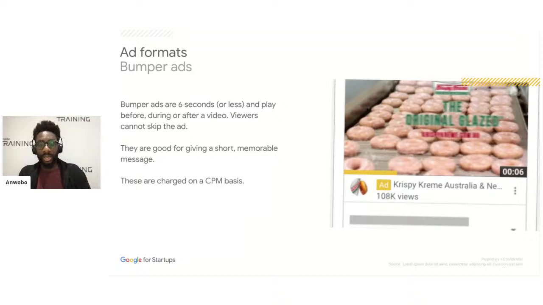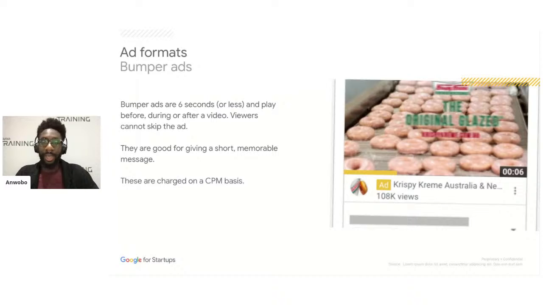And these are charged, again, because every user must watch them, on a CPM basis. We're charged for the impressions, for showing these ads to users. And I can choose how much I'm willing to pay to have this ad shown to 1,000 users and then set my budget there. So like I said, they're great for short, memorable messaging.